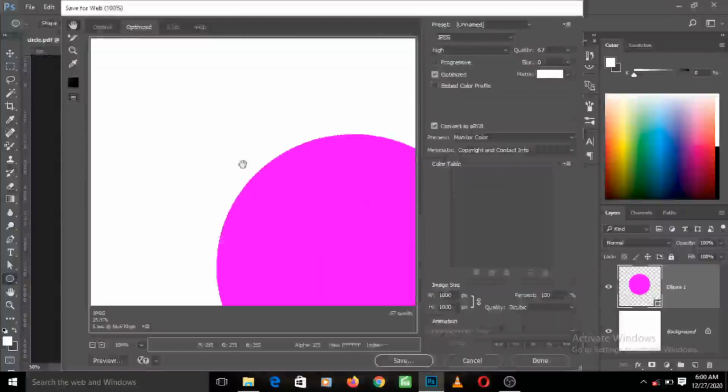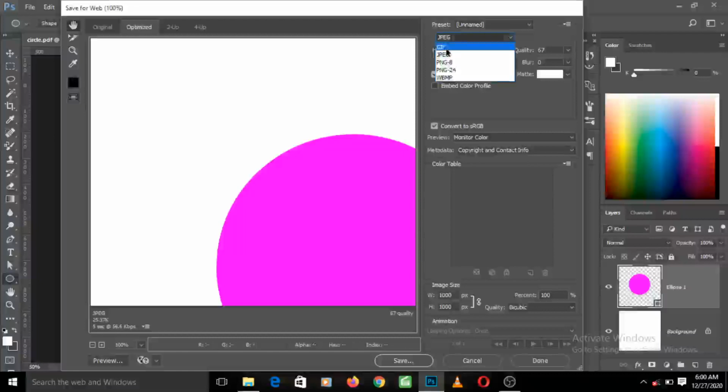Now it opens this up for you. It shows that it is currently on the JPEG format. So if you want to save it as a JPEG image, you choose the JPEG format. There are different formats here. There's the GIF image. This GIF image is for when you want to create a picture that has movement, animated images. If your image has animation in it and you want to save it with that movement still playing, you use the GIF.